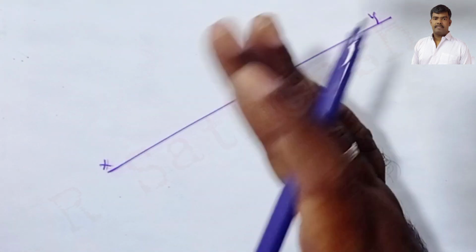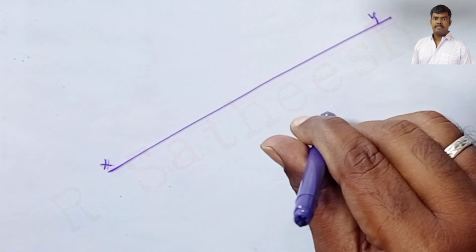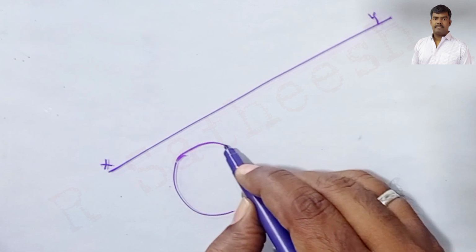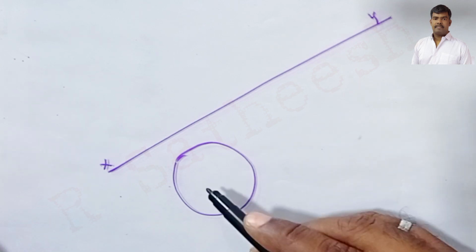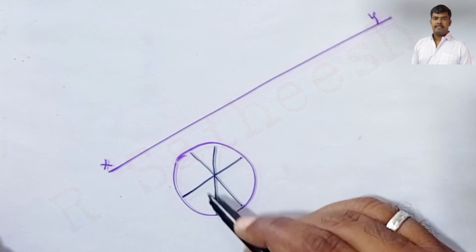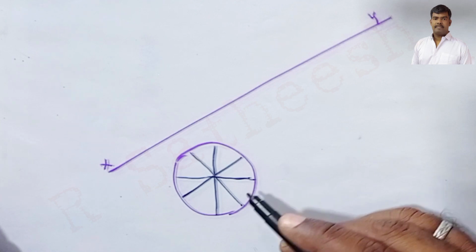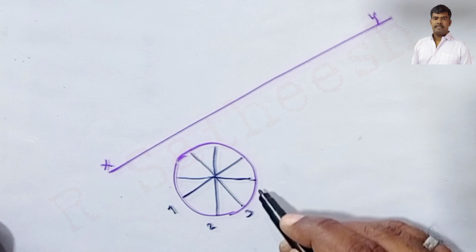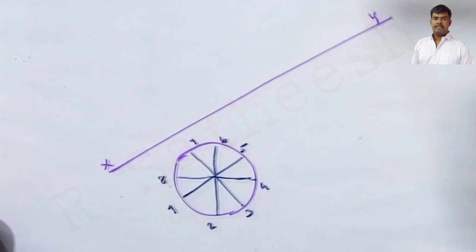Initially the cylinder is resting on HP, therefore its circular cross section is visible only in the top view. So we draw a circle in the top view. Clear? Then immediately we divide the circle into equal parts. These are the generators, drawn with a 2H pencil. Only the boundary is thick, by H pencil. Immediately we assign the numbers 1, 2, 3, 4, 5, 6, 7 and 8.